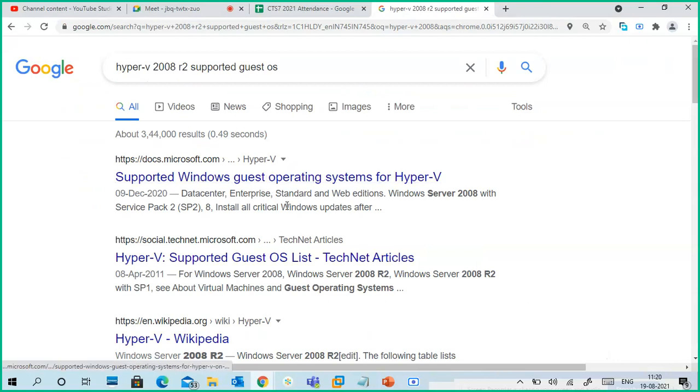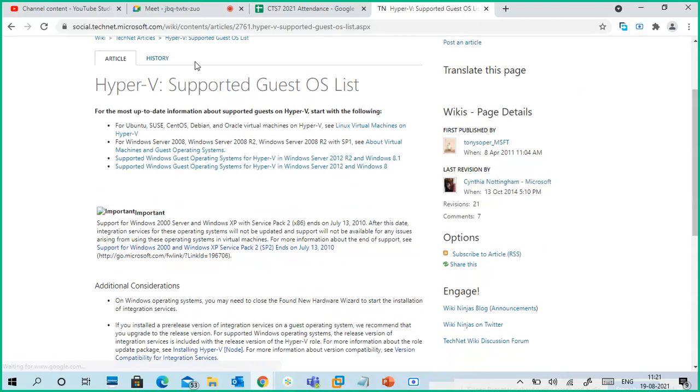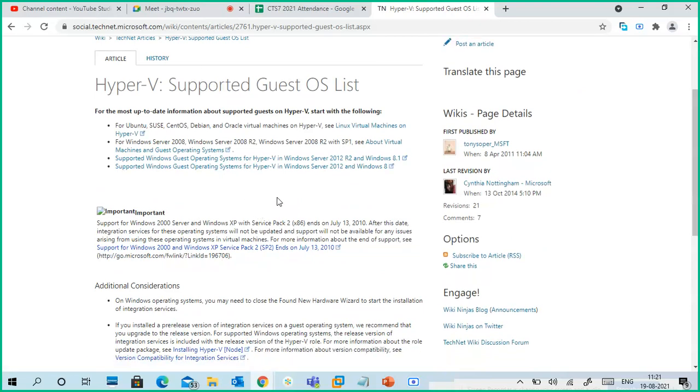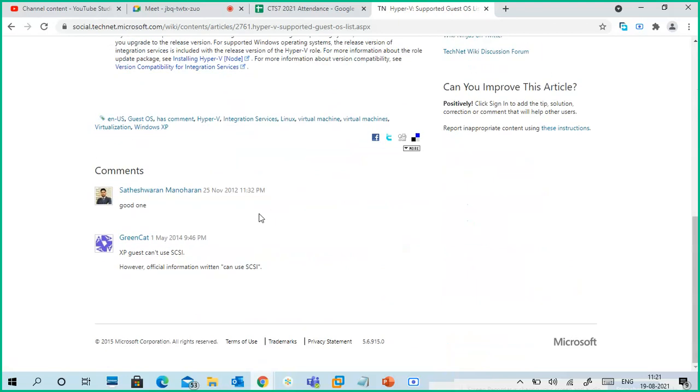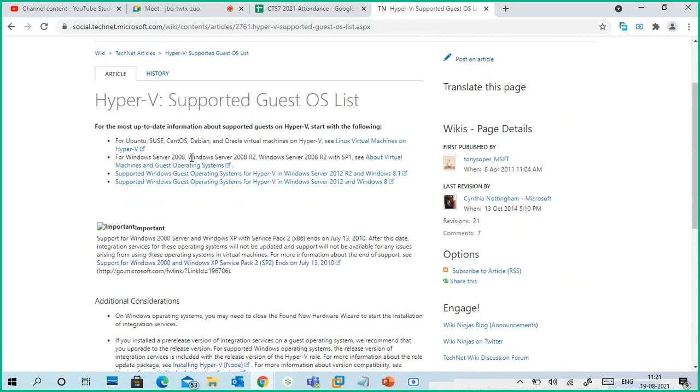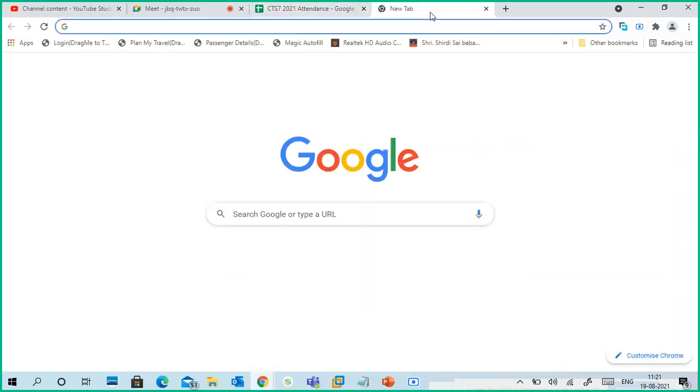Microsoft gives a lot of information, so be careful, but when you are reading, just go through it once.